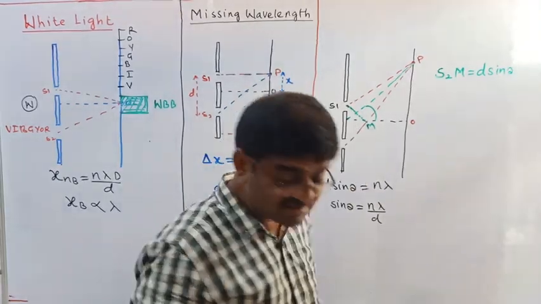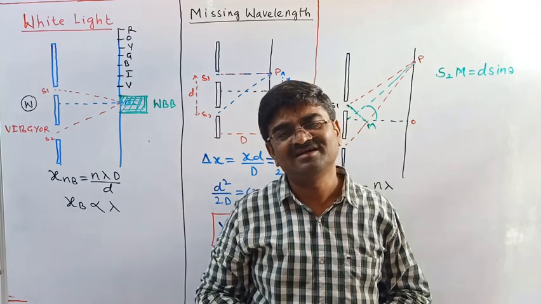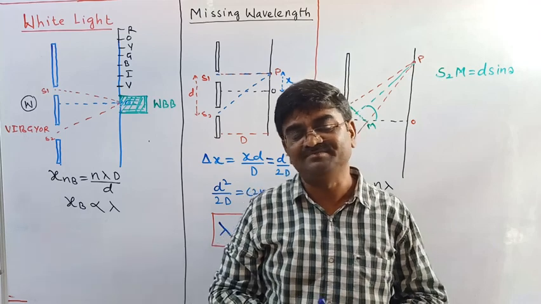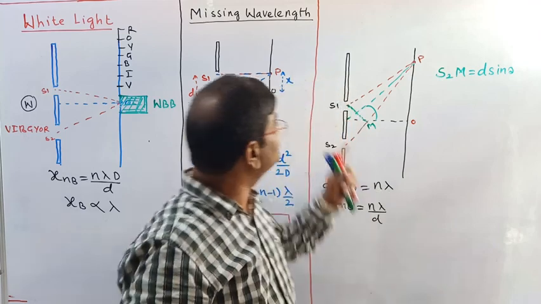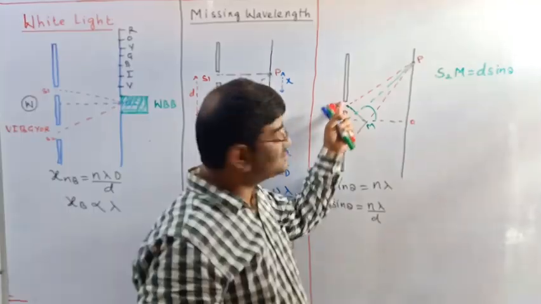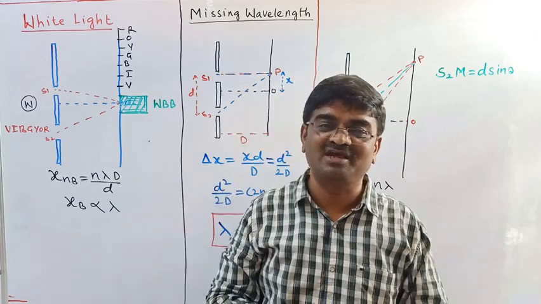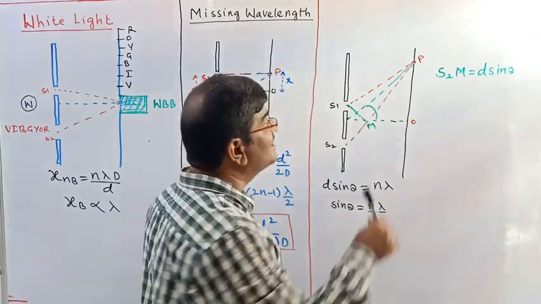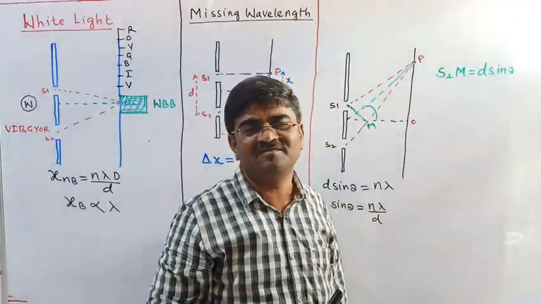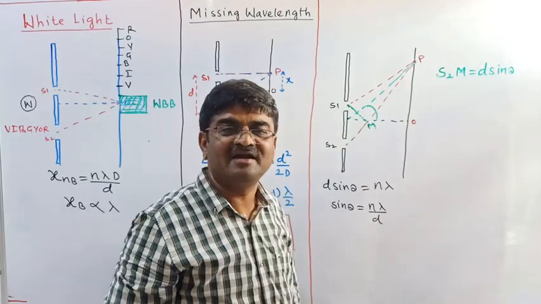And I have done this to have an important discussion. I would like to know, or I will have a question in a competitive exam: if the wavelength of light in a YDSE is lambda and the slit separation is d, then how many bright bands do you get on the screen? So let us say that at P I have got the last bright band as the nth bright band. Got my point? At P I have got the nth bright band.